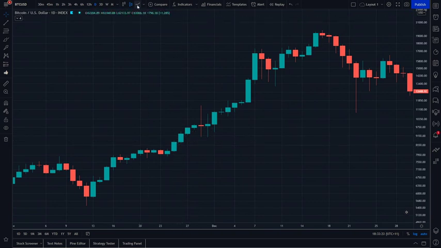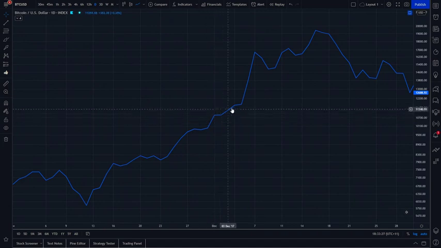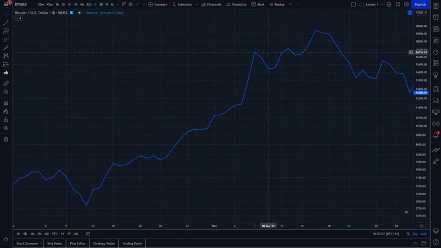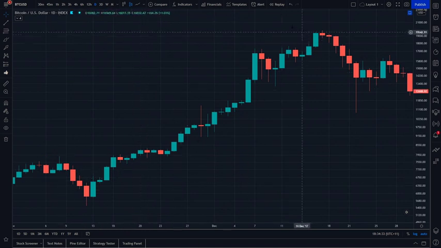But up the top here, when you're switching to the line chart, that simply just shows you one piece of information, which is only the closing price for a specific time period. So looking at the basic line chart, we don't even know the lowest or the highest point in a particular time period, because this line is only determined by the closing price of each of these time periods. So just quickly switching back to the regular candlesticks, that is why it's really important to understand candlesticks and really get familiar with them, because in the long term, they will provide much more value to you than just a